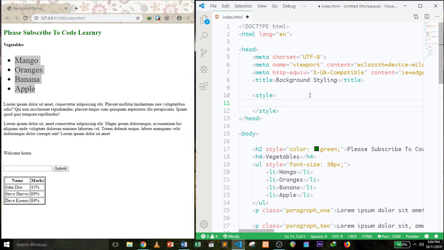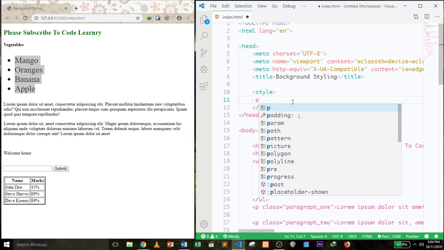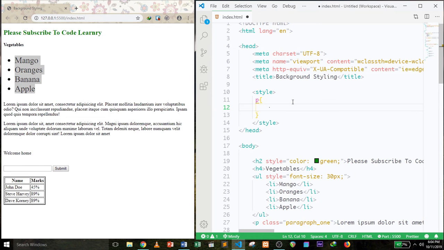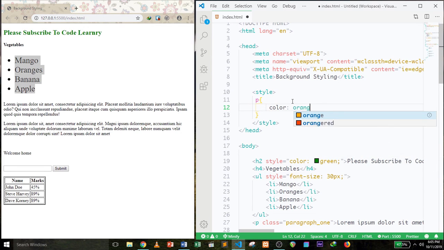So let's target all the heading tags, or okay, let's target the paragraphs. So we're going to target any element with a P as a tag, and we are going to give it a color of, let's say, orange,